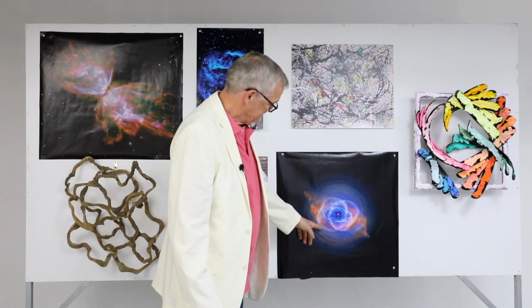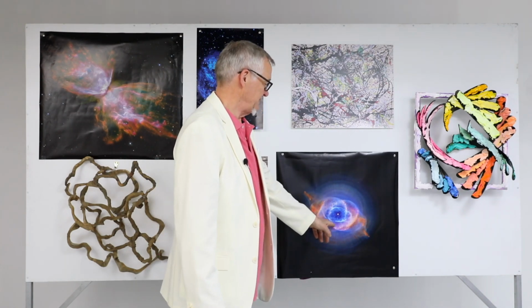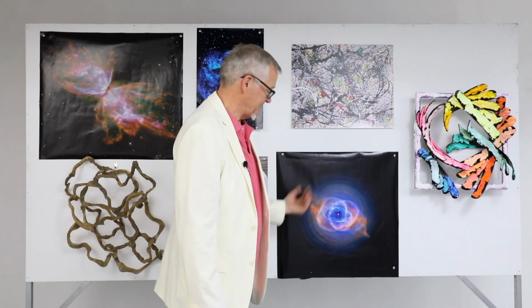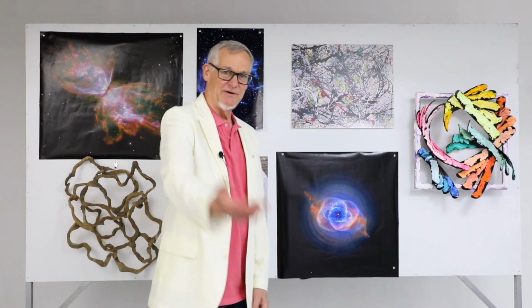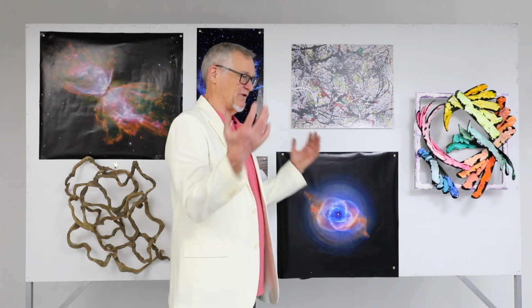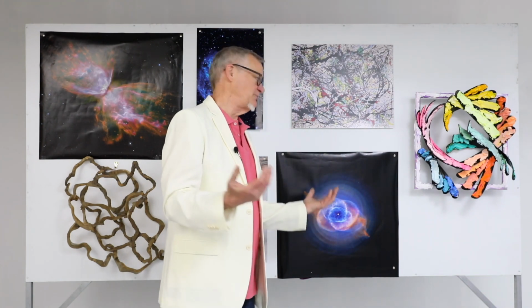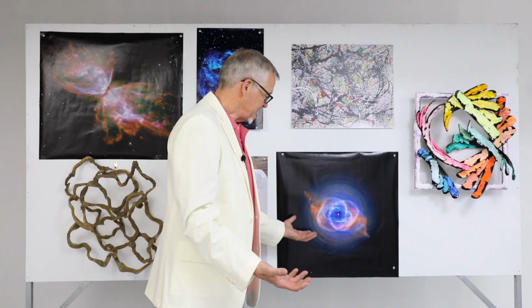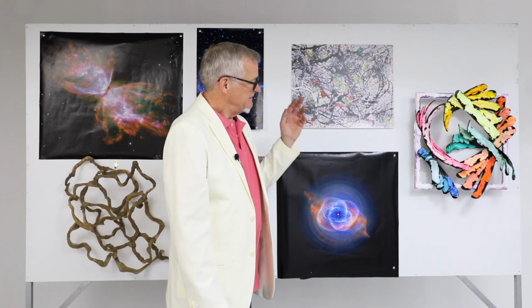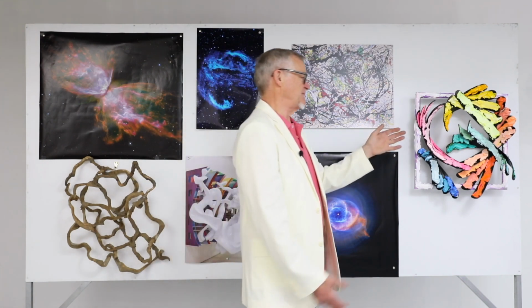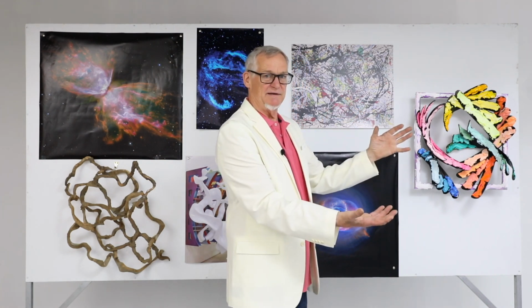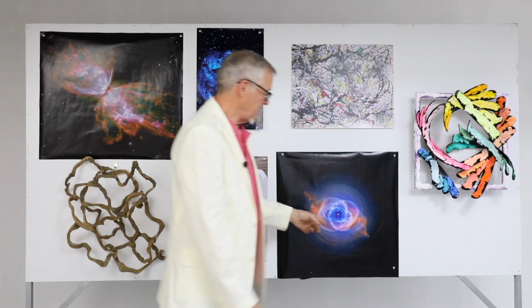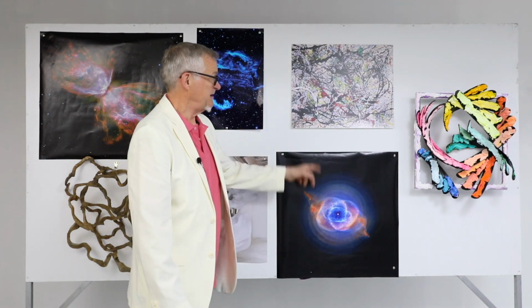This is the Cat's Eye Nebula. Again, it's false color, but this is what it looks like. Aside from the color, it's just beautiful. It's a free-floating, beautiful object. And it's not a Cezanne apple. It's more complex than that, and it needs more space to explain itself. This is the kind of space I'm talking about. So if you add space to picture making, you can convey more complex ideas than you can on a flat